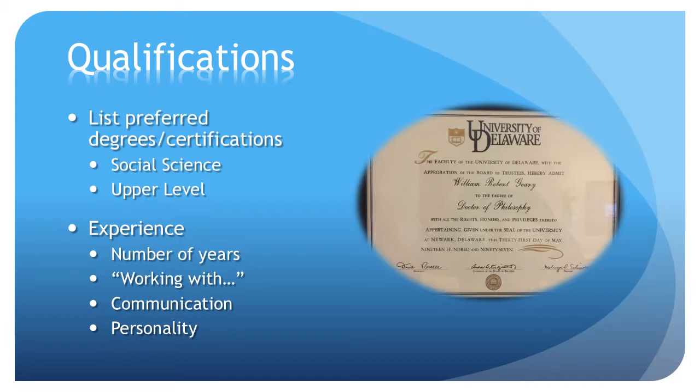Generally, more years of experience is associated with an increased ability to meet client needs and manage different kinds of situations. You will also want to know what the candidate has been doing in their time in the field. Who have they worked with? What kinds of communication processes have they used with other clients? Finally, feel free to include language relevant to personality traits that match your coalition's style. Personality traits might include language such as self-starter, having a good sense of humor, or ability to manage conflict.